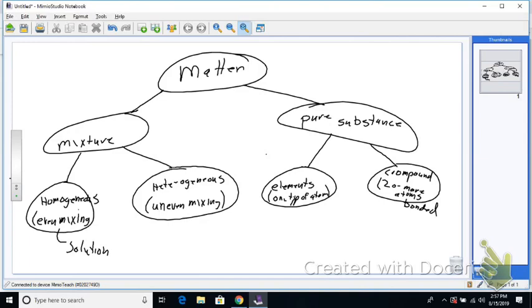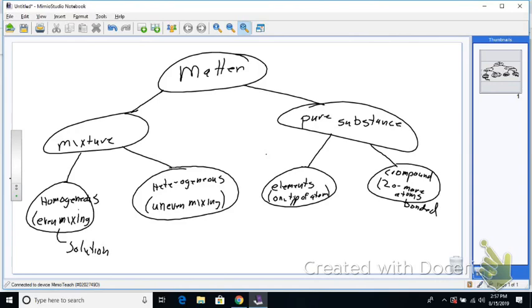What I want to talk to you about next is a lab you're going to do tomorrow. Start thinking about the lab tomorrow and maybe start doing it on Monday. It has to do with separation of a mixture. How can we separate a mixture? These are physical separations, physically separating a mixture, either homogeneous or heterogeneous. One of the two.